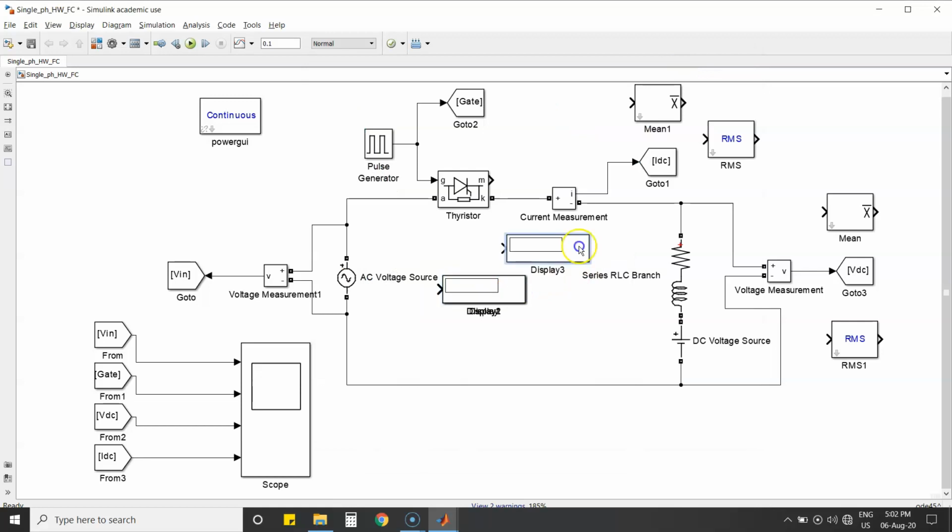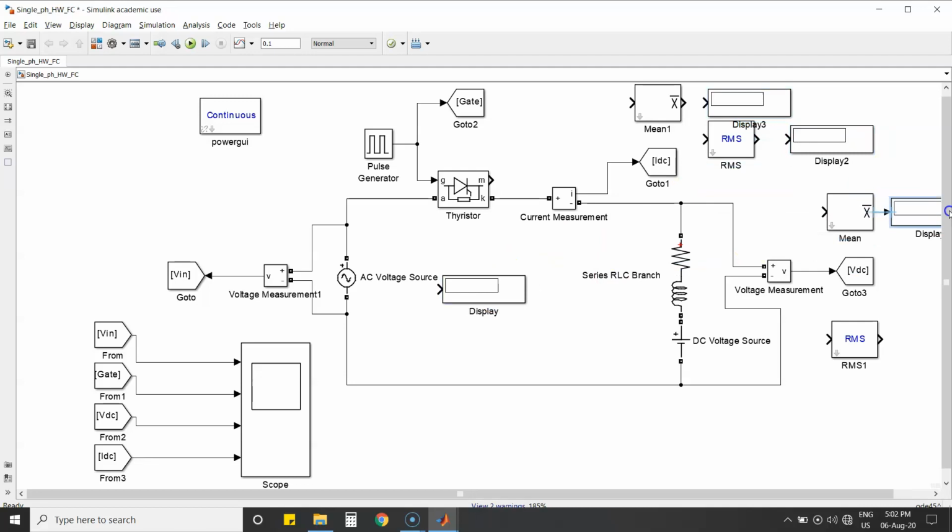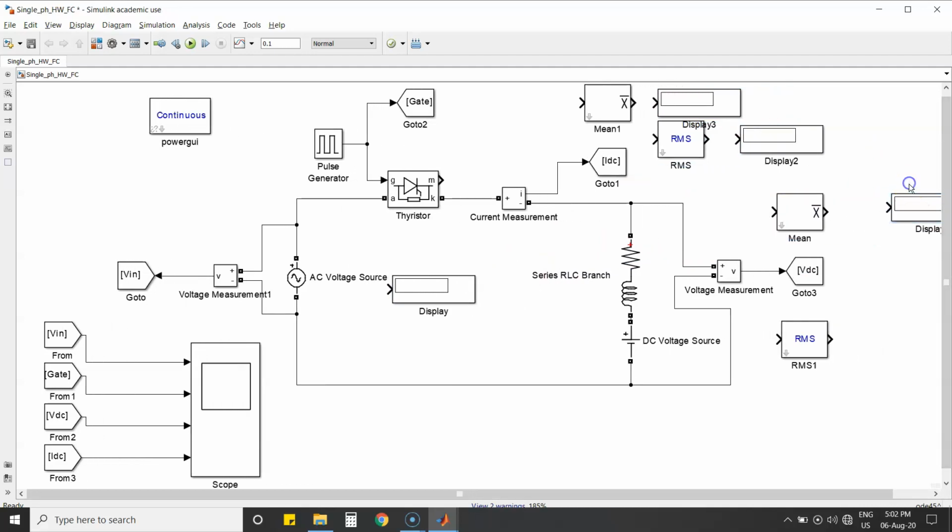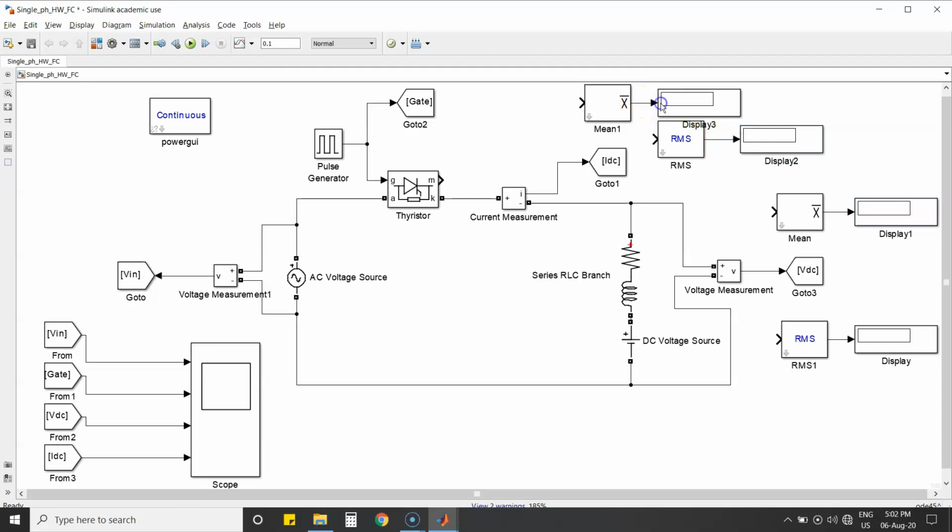Just add a display. Then just connect the blocks. This will be connected to your current value, for average current and average voltage. Similarly here for voltage.